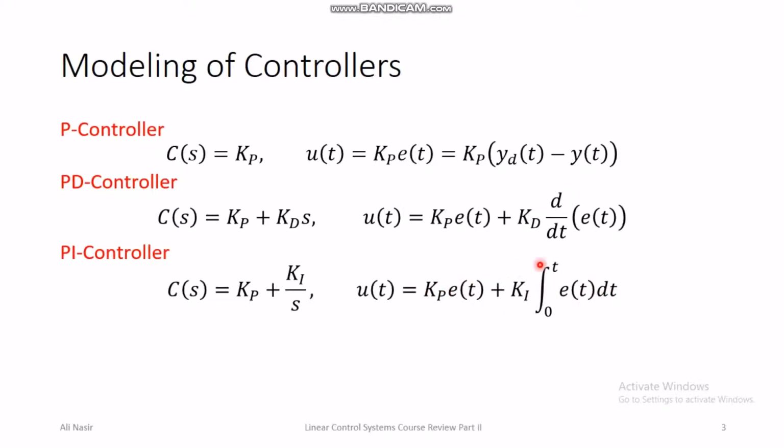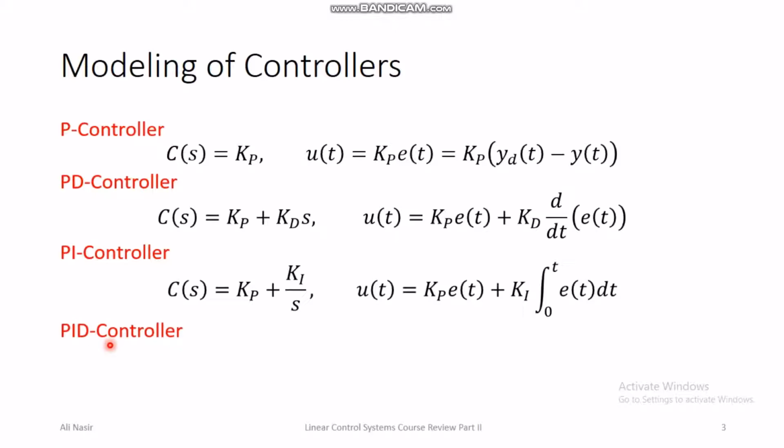We have done this, and also we know that this PI controller increases the type of the system, which we study later in the steady state error analysis part of this course. And so we know that the PI controller can at least get rid of the steady state error with respect to step input and reduce the steady state error with respect to ramp input.